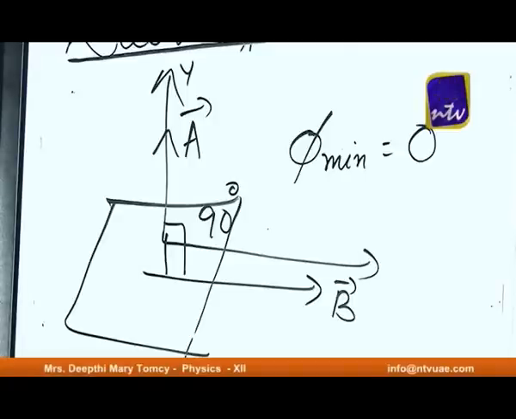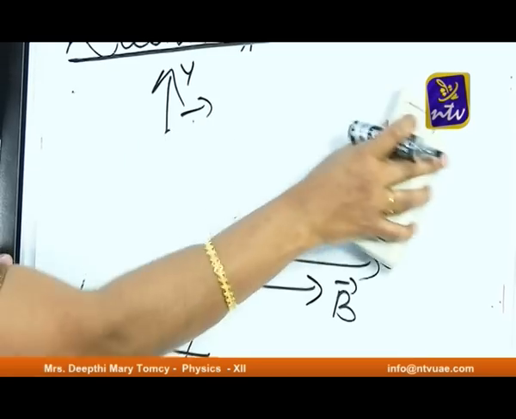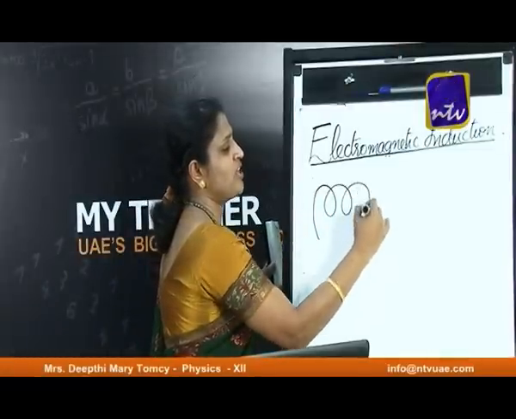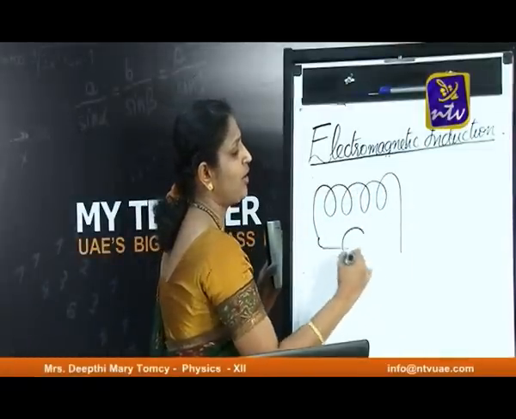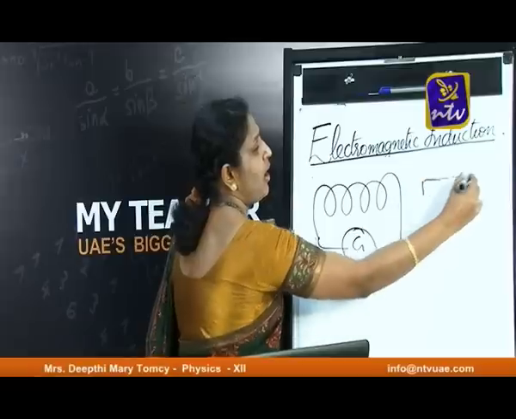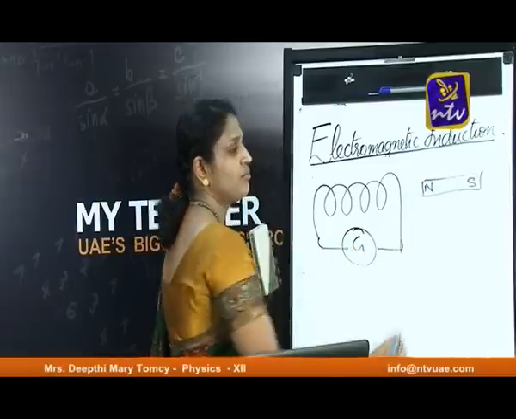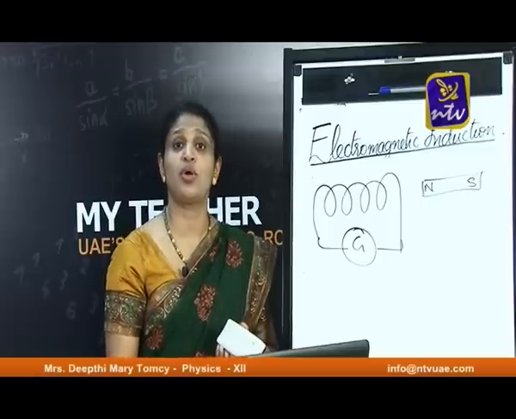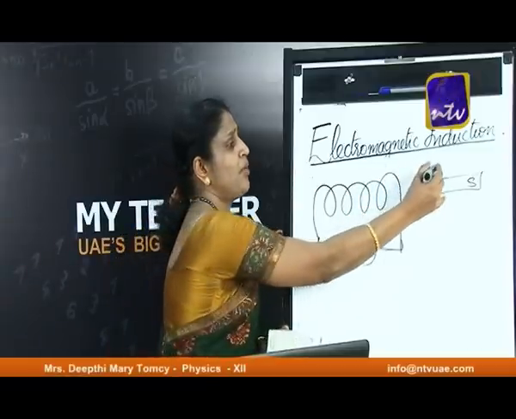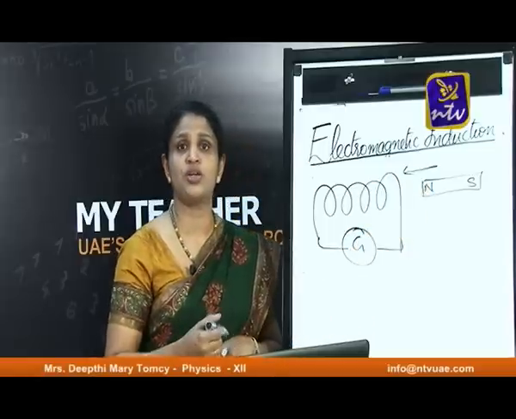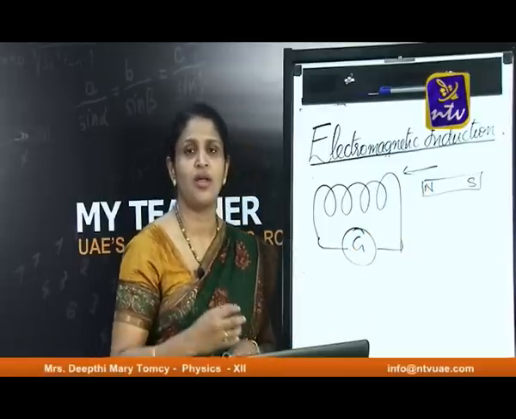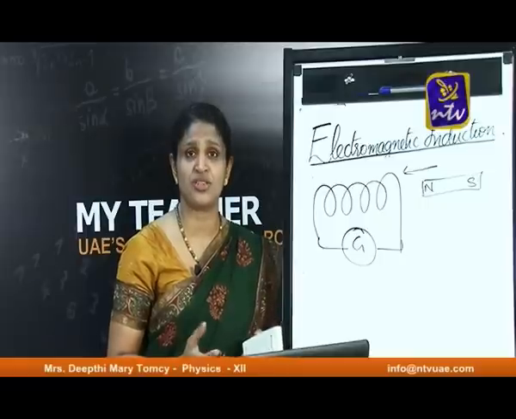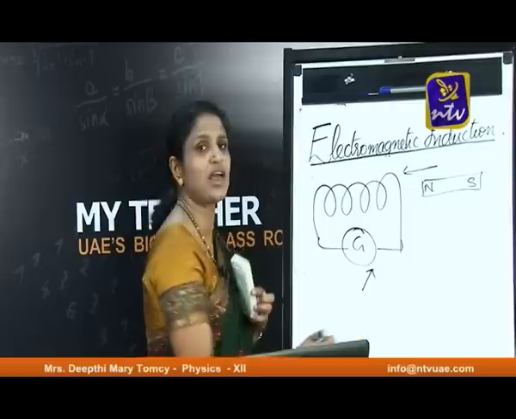With respect to the magnetic field, we can change the magnetic flux linked with the surface. Now, electromagnetic induction can be easily demonstrated via an experiment like a solenoid connected to a galvanometer. Let us consider a magnet kept at rest near this solenoid. Let us move this magnet with a force towards the solenoid. When you move the magnet, the flux linked with the solenoid will change and the galvanometer will show a deflection.